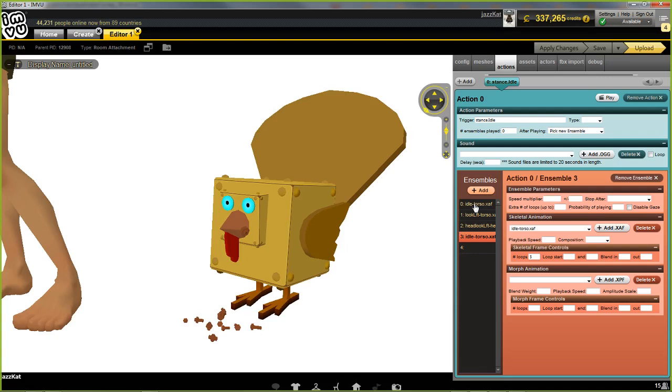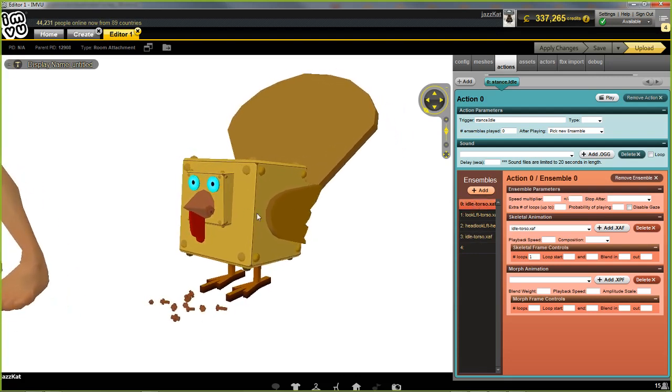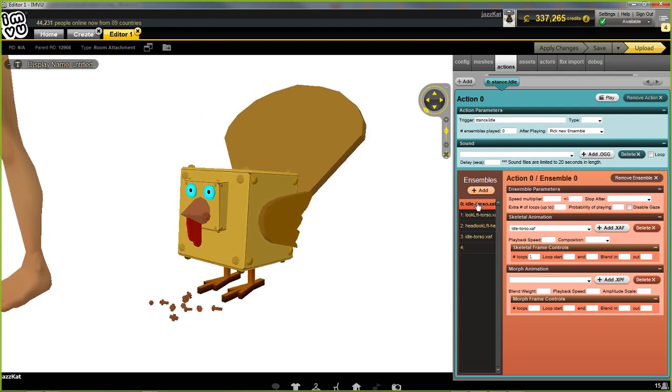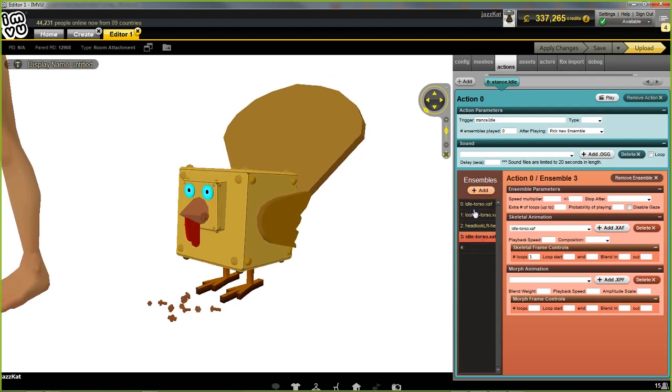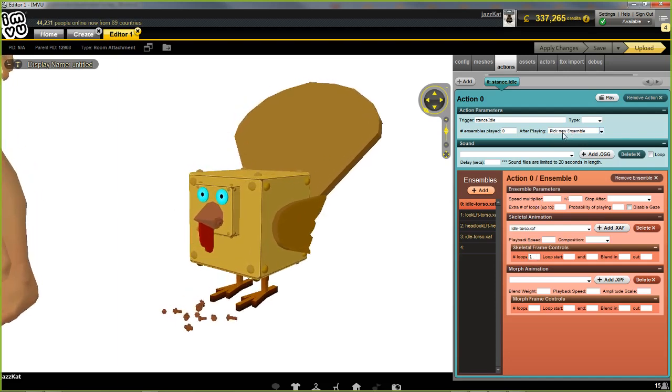Right, so idle torso, idle torso. So for instance, the torso, this idle animation, which looks like it's essentially breathing, that's repeated twice. That's these two. So that's ensemble 0 and ensemble 3. But the difference is the number of loops that are played. So depending on what that's set to, after playing,